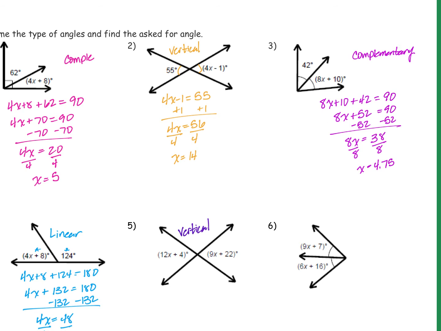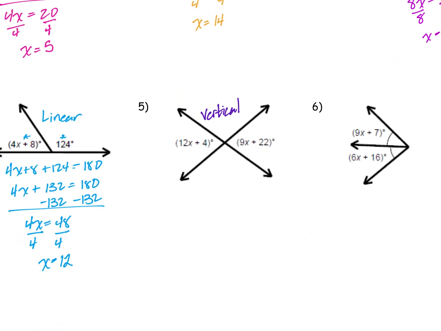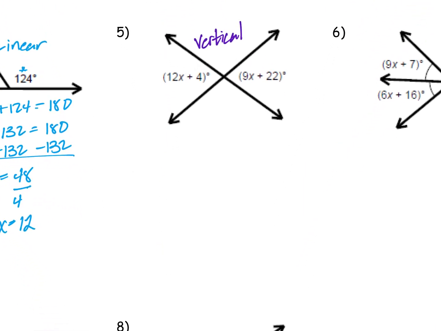So that means number 5 would be, let me get it back up here, 12x plus 4